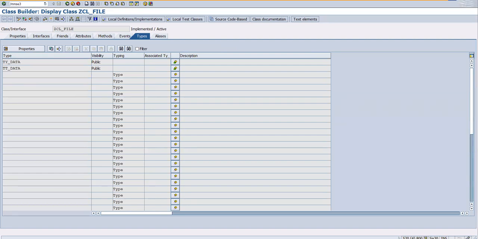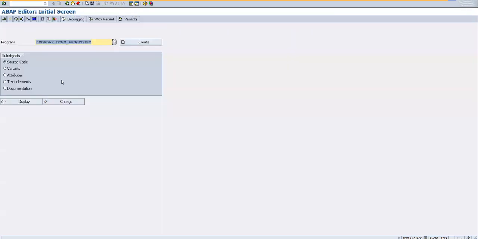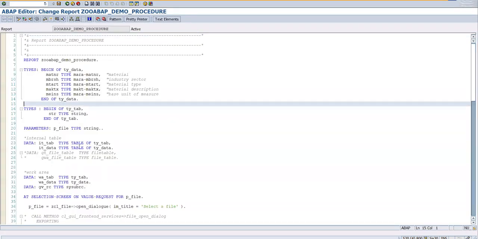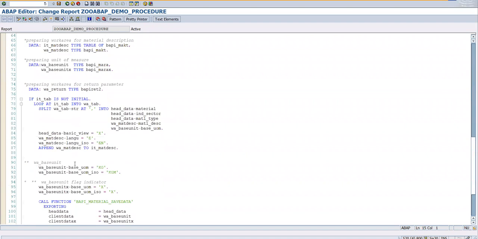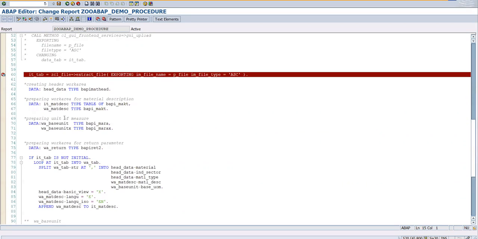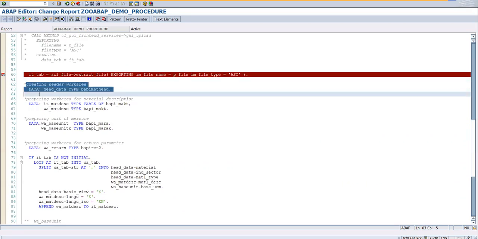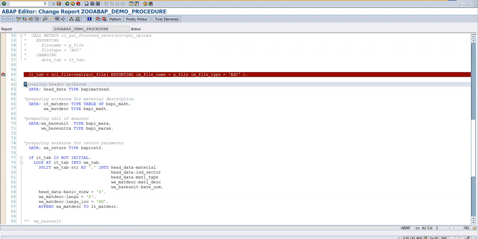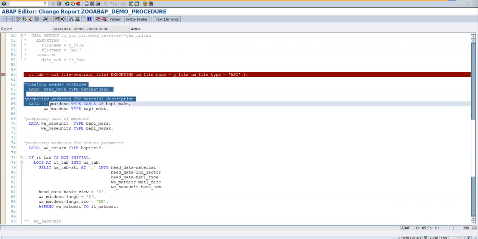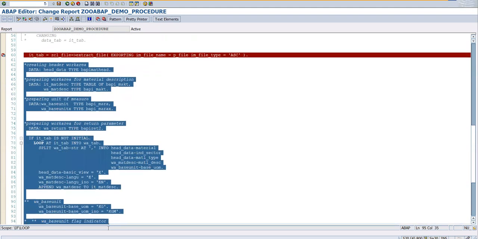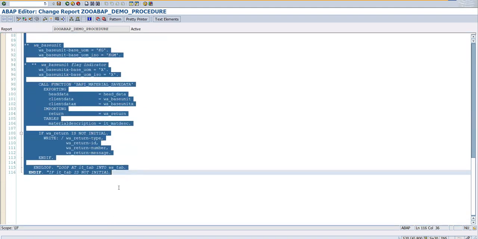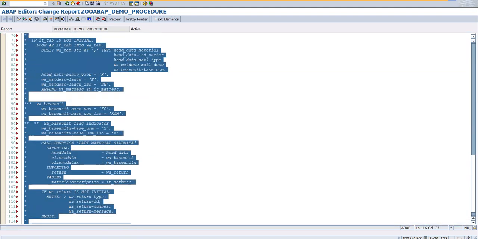SE38, that is closed basically. Let me open SE38 once again. Okay, so this is now not required. After this, everything is not required. What we have to do, we have to